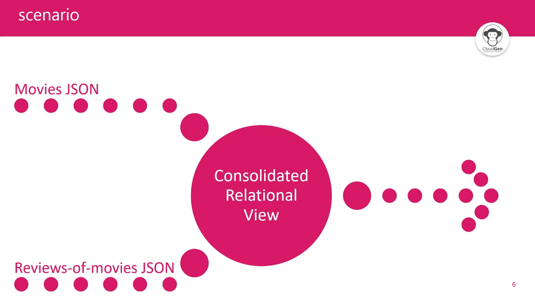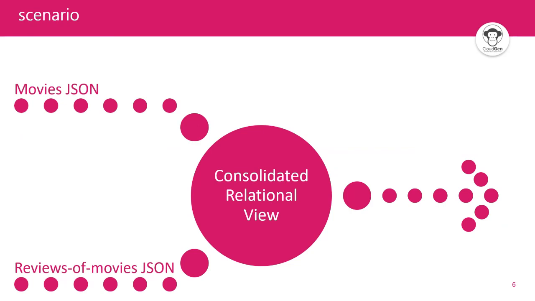Today, the scenario we are going to see is a simple scenario where two different files come into our system. One is the movie JSON with some movies taken from Kaggle, and a huge set of reviews of those movies, also taken from Kaggle. Those two JSON files can mix together to produce some consolidated views,